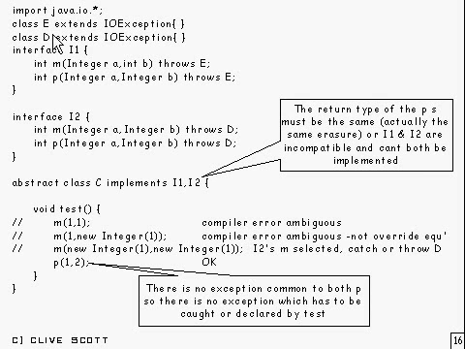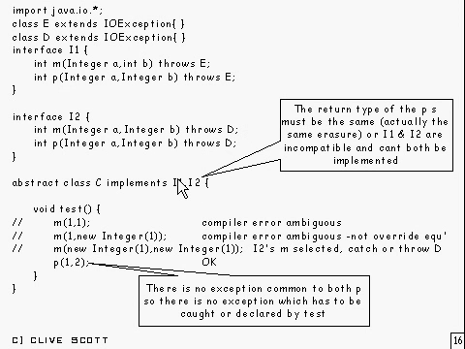Well, here's an example to illustrate a couple of points. What we've got here is two methods in this interface, two in this interface, and a couple of exceptions which both come from IOException. And here we come to this abstract class C, which implements the two of them. Right, now at this point there,